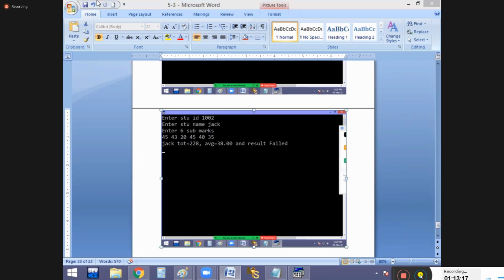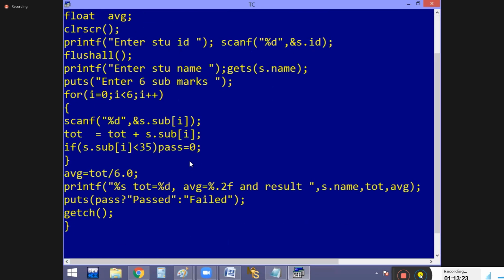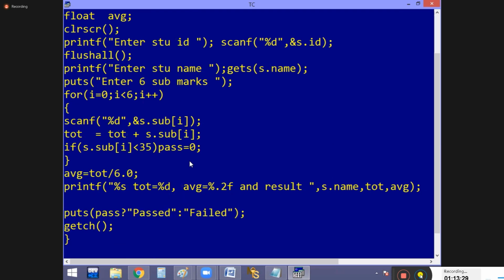Watch it, guys. I'm giving that one also. Very simple technique. See that, it is the program, guys. Up to average it is printed, very simple. If pass is already there now, if pass equal to 0, direct answer: failed. Else